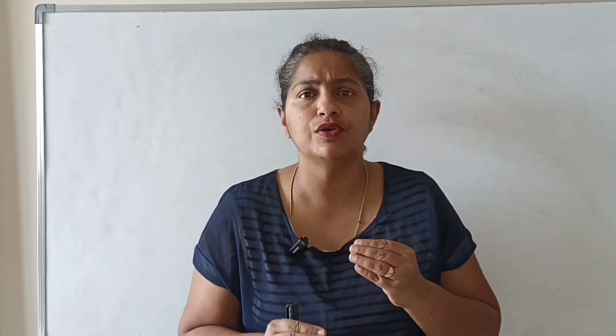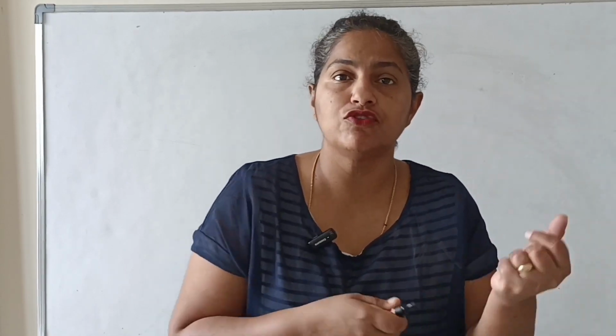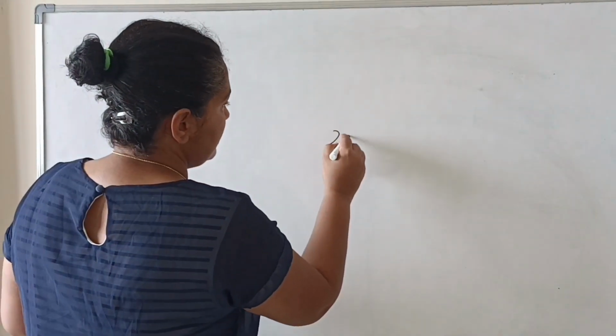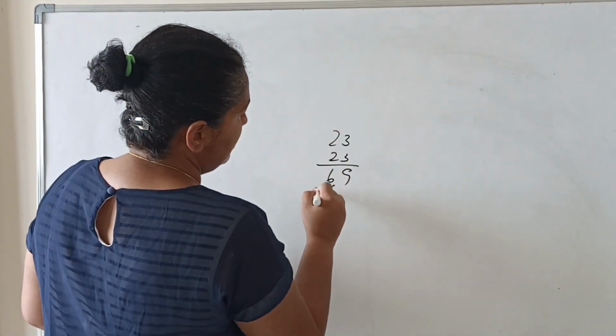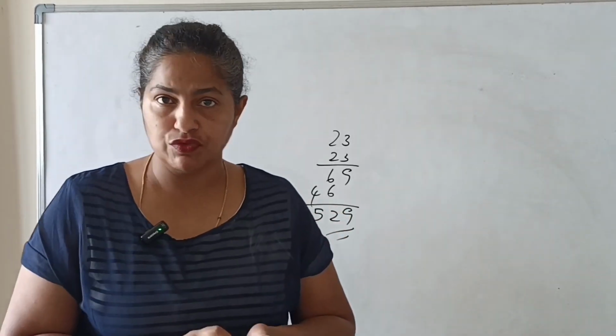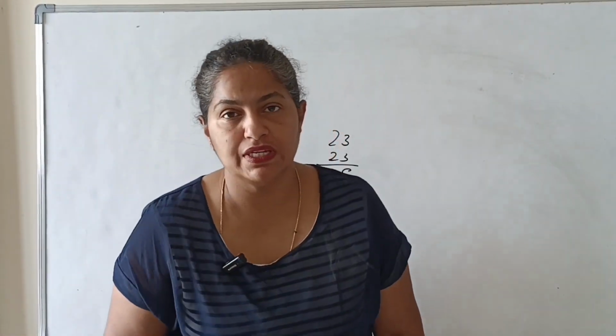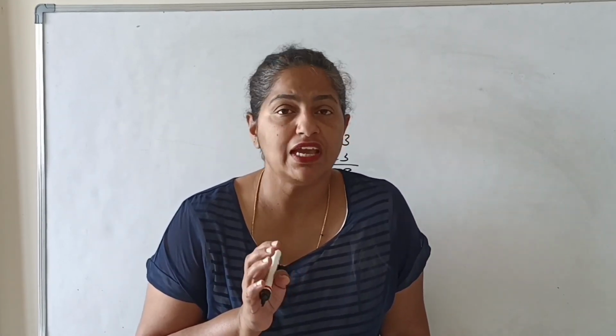Now, let us discuss a few methods, I would say a few easier methods, to find the squares of numbers. Suppose you are asked to find out the square of 23. What you do is a normal multiplication and you find the square of 23. In the case of 23, the multiplication is faster because it's a two-digit number and relatively a smaller